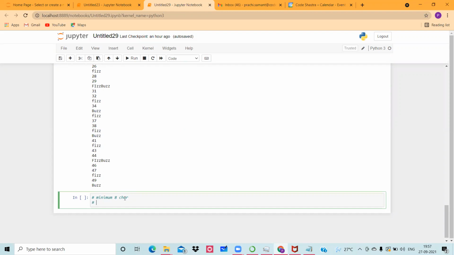Then if we are writing the alphabet, it can be between small a to z or capital A to capital Z. There should be at least one alphabet, so we must have one alphabet.